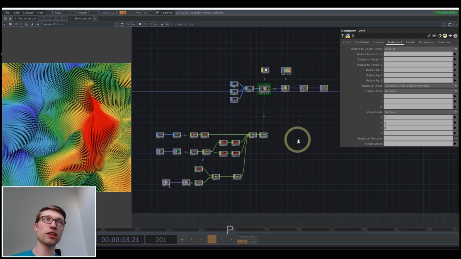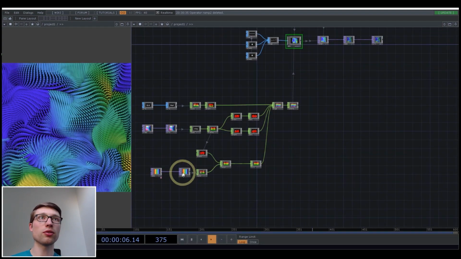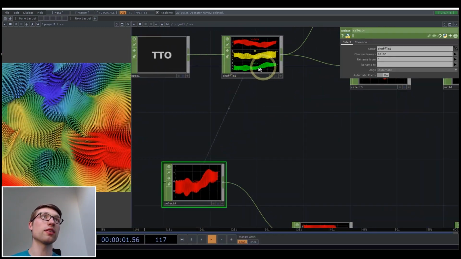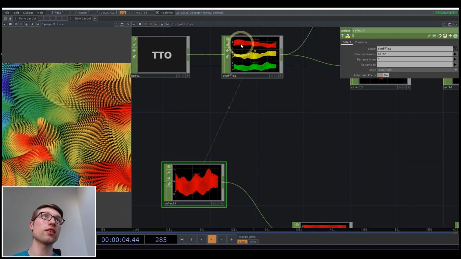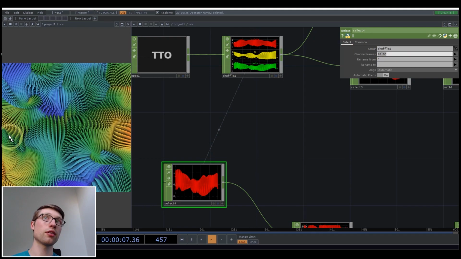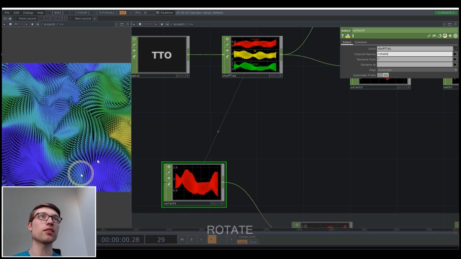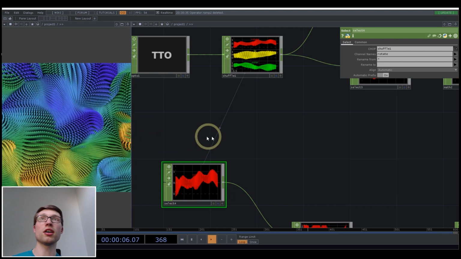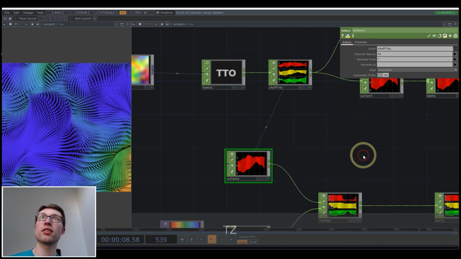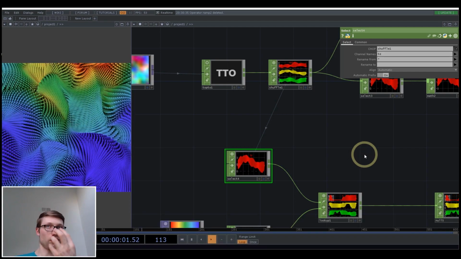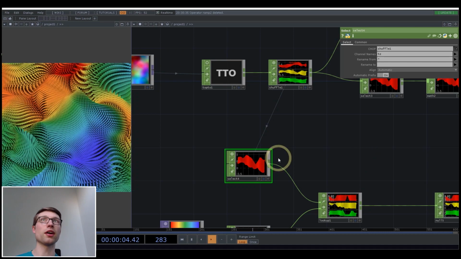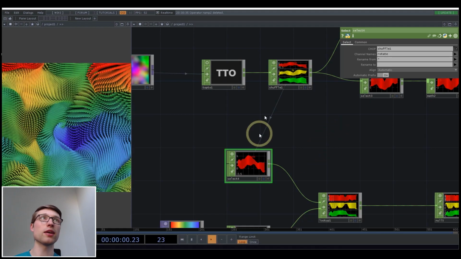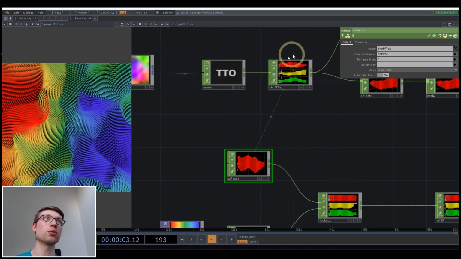From here, you can certainly explore quite a bit. One thing we could do, something I actually did in the original example, was instead of using a separate source of noise, I used the same rotation data to color the same tubes. That's a nice way to link certain parameters, so there's a relationship between the color and the motion. It may or may not be desirable. We could also use TZ, which creates a height map, so things that are closer to the camera are blue, things that are further away are red, depending on how you map it. So this is something you can definitely play with, whether or not you want to create relationships between different